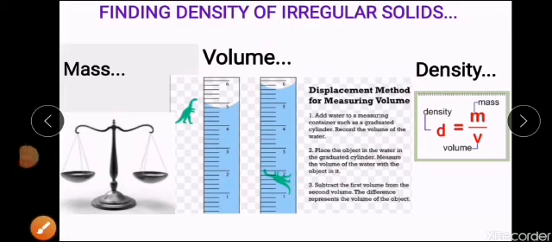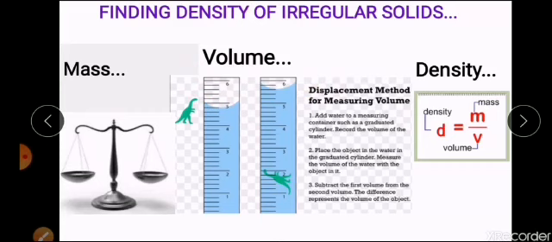Now, two important things you have to remember when you talk about the mass and volume in finding density. The first point you have to remember is whatever objects of different substances having equal masses, it is not necessary that volume should also be equal. Volume will be different. That is, equal masses of different substances have different volumes. The same way, vice versa also. If the volume is going to be the same, the substances are going to be different. It is not necessary that the mass there should be equal. That is, equal volume of different substances have different masses.